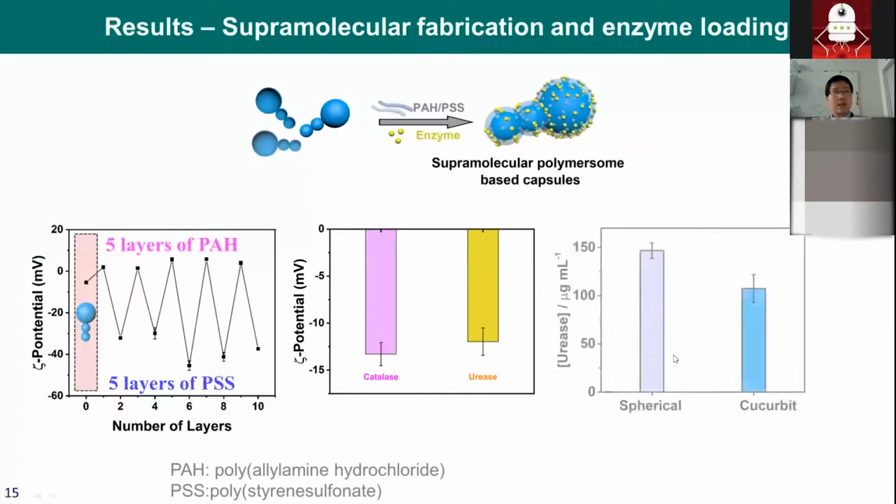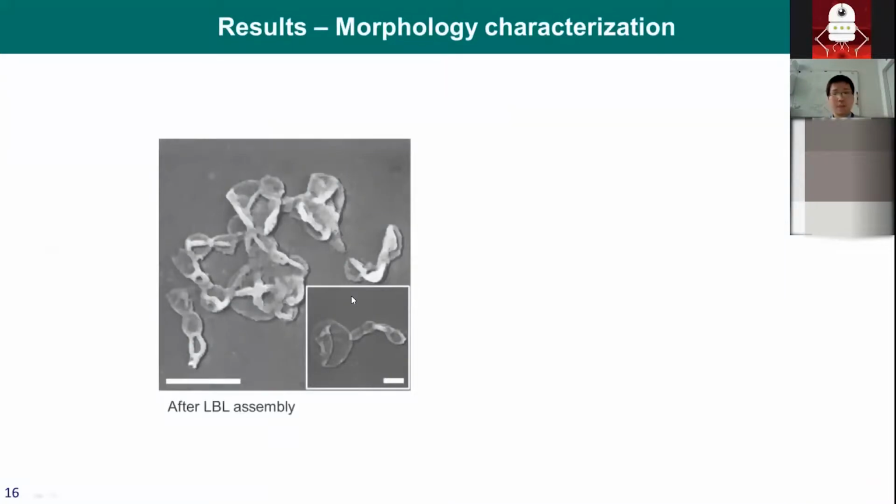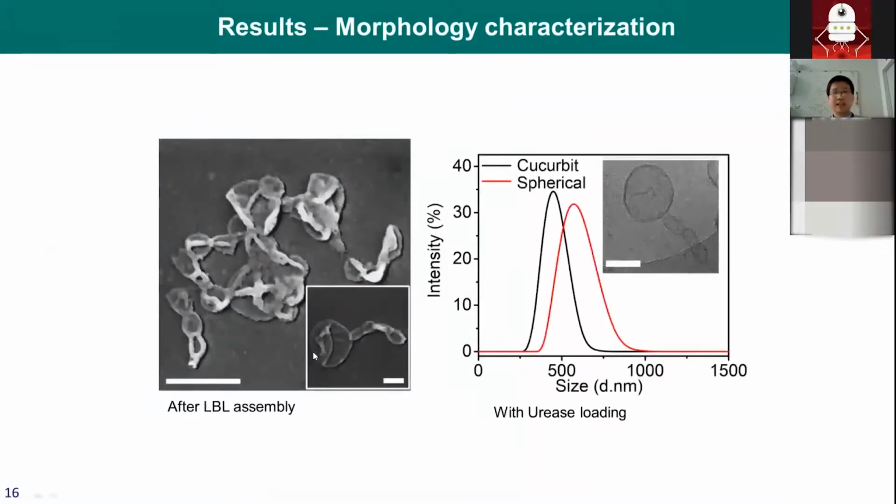And further SEM and DLS, as well as zeta potential measurements, confirm that layer by layer assembly did not impact the cucurbit morphology. With the enzyme loading, the size and cucurbit shape are still maintained well. So this builds the base for further investigation. Now that we have the enzyme-loaded asymmetrical polymersomes,